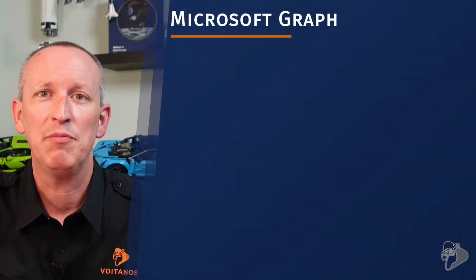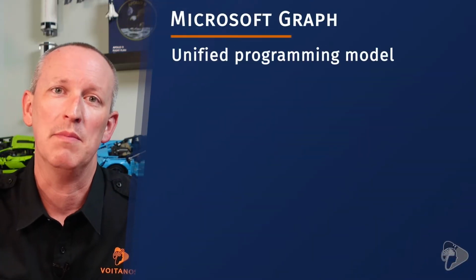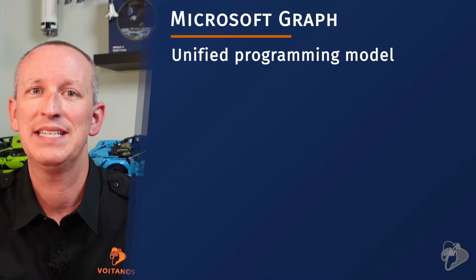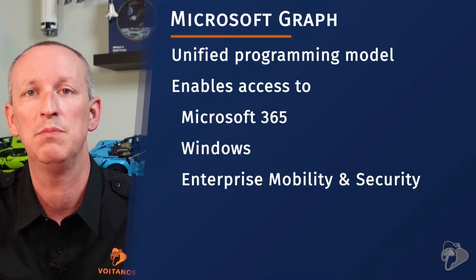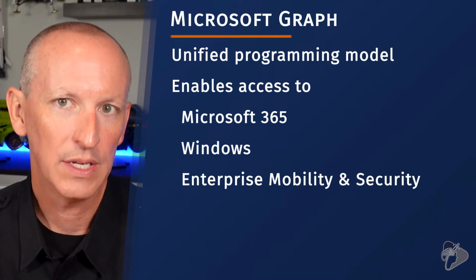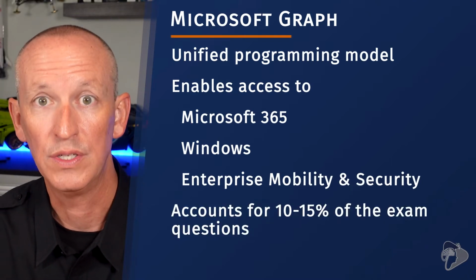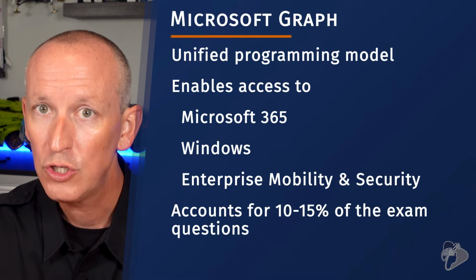Hello and welcome back. In this chapter, I'm going to focus on the workload called Microsoft Graph. Microsoft Graph is a huge topic as it's just an API, but thankfully the MS-600 exam scope is limited to just some specific aspects of Microsoft Graph. Microsoft Graph provides a unified programmability model that developers can leverage to access nearly all data within Microsoft 365, Windows 10, and enterprise mobility and security. Now, this workload accounts for 10 to 15% of the questions in the question pool that could show up when